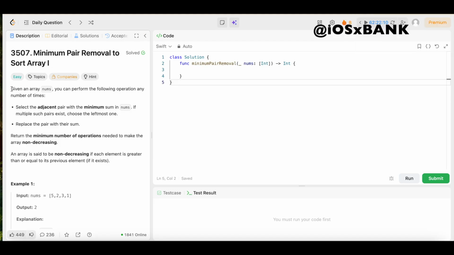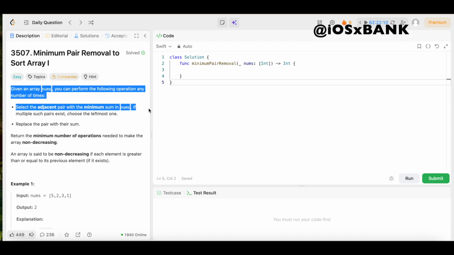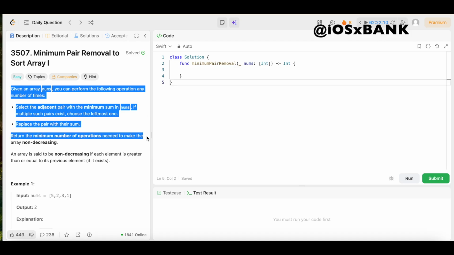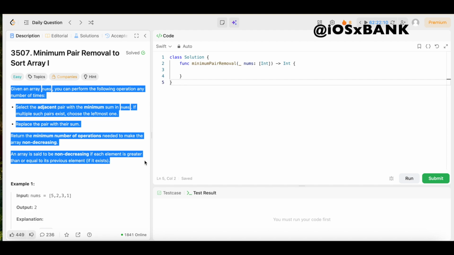All right, let's see. It says, given an array nums, you can perform the following operation any number of times. Select the adjacent pair with the minimum sum in nums. If multiple such pairs exist, choose the leftmost one. Replace the pair with their sum. Return the minimum number of operations needed to make the array non-decreasing. An array is said to be non-decreasing if each element is greater than or equal to its previous element, if